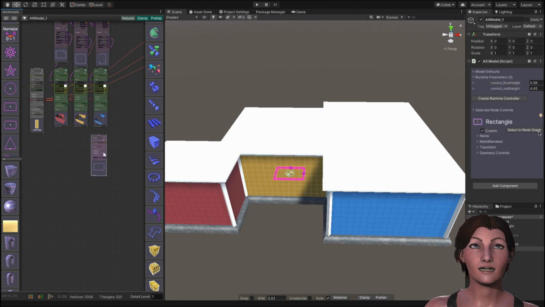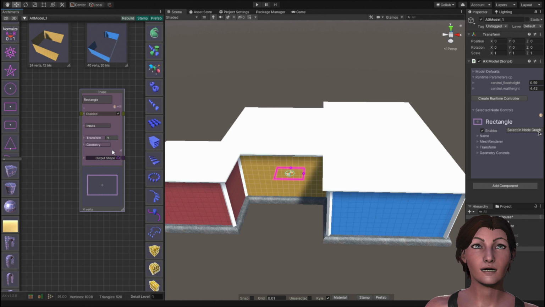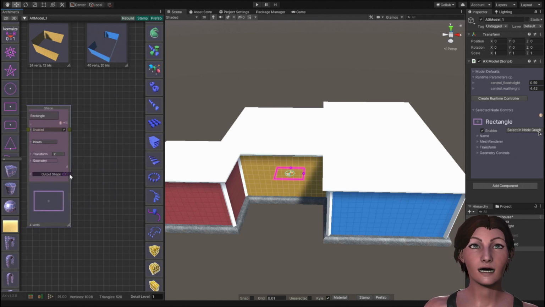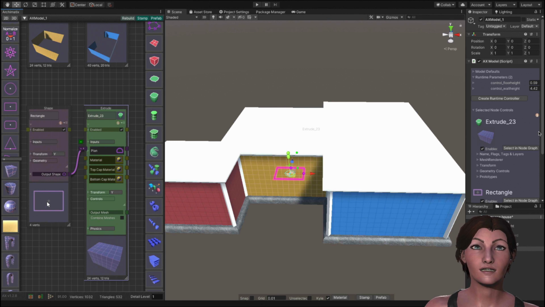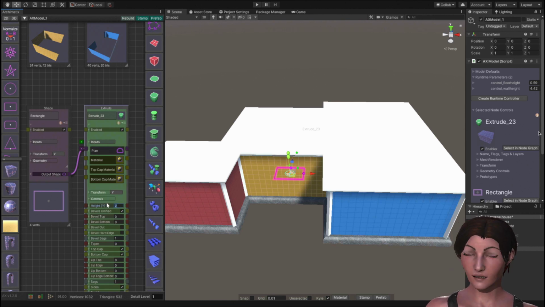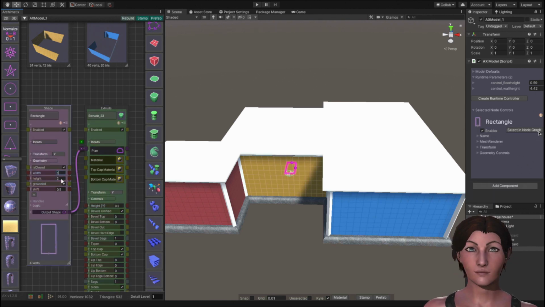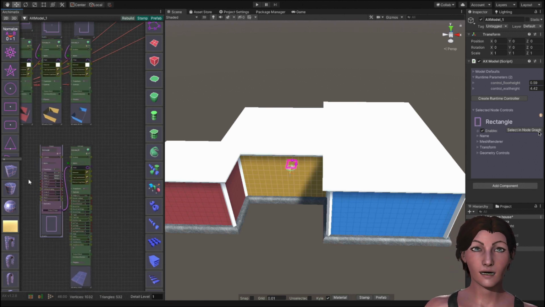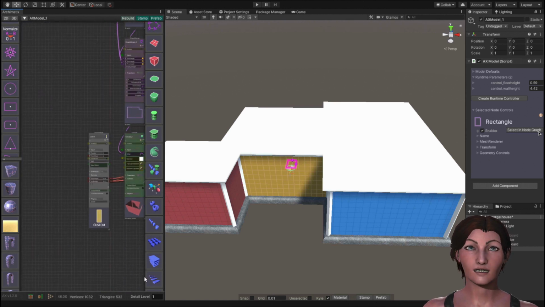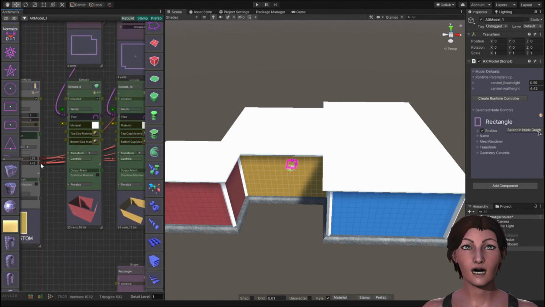I will use a rectangle, and this rectangle is going to go into an extrude. This is just going to be a cosmetic window. It's not going to cut through the wall. Since I know my window will always be a certain height above my foundation, I'm going to go ahead and connect my floor height